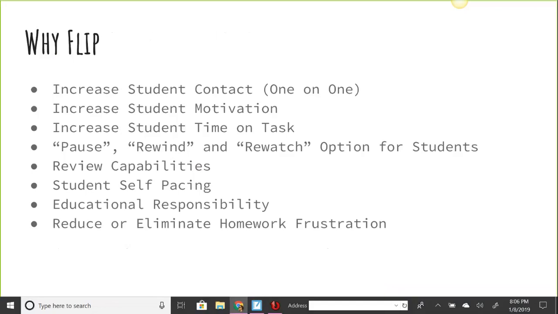Self-pacing. When we talk about what the students are doing in the classroom, if you were to step foot in my classroom during a typical day, each group of students would be doing something different. They're never on the same thing at the same time because they're pacing themselves. It also affords them the opportunity to take on some educational responsibility, and I think all of us who are teachers know that this is a big part of what we do, trying to get our students to accept some of this educational responsibility, and this really does allow for that.